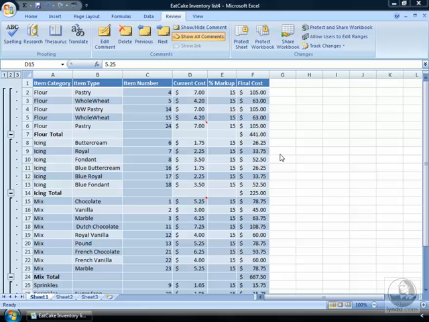I'm now ready to share this information with other people, but first I want to protect the worksheet because this is classified information for Eat Cake's organization, and I don't want just anyone taking a look at our costs. In order to do that, I'm going to use the commands that you see in the Changes group on the